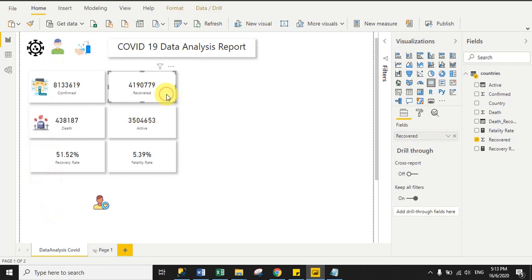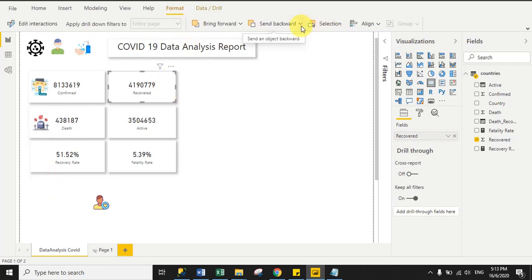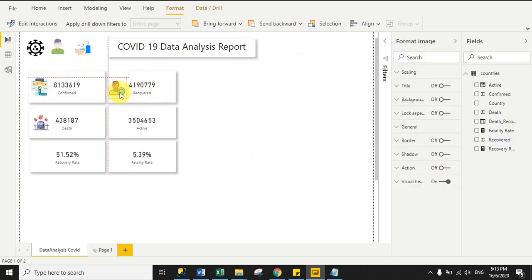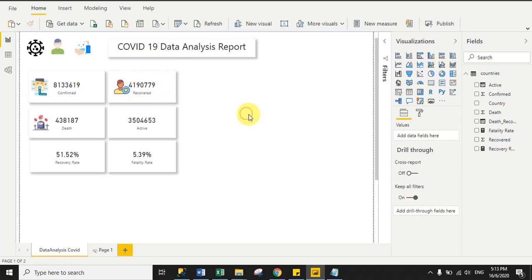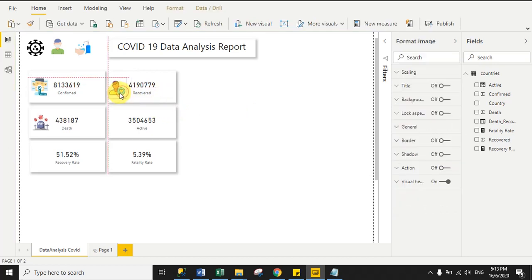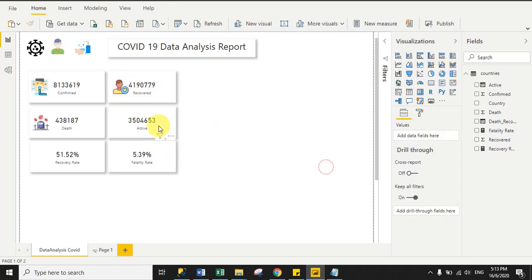Now select the recovered visual, click on the Format tab, click on the Send Backward drop-down and select Send to Back, right? And drag the recovered icon here, right? Now we need the active icon, fatality rate icon and recovery rate icon.